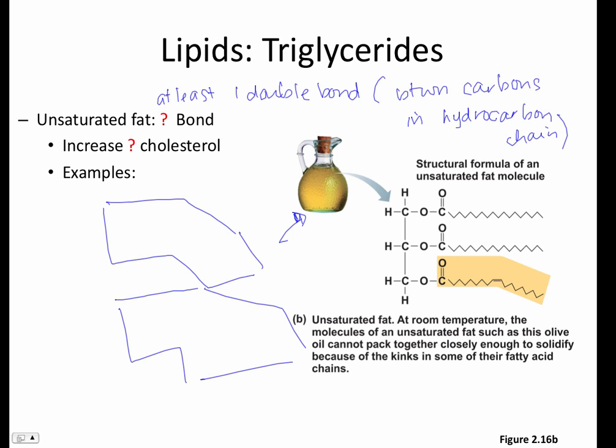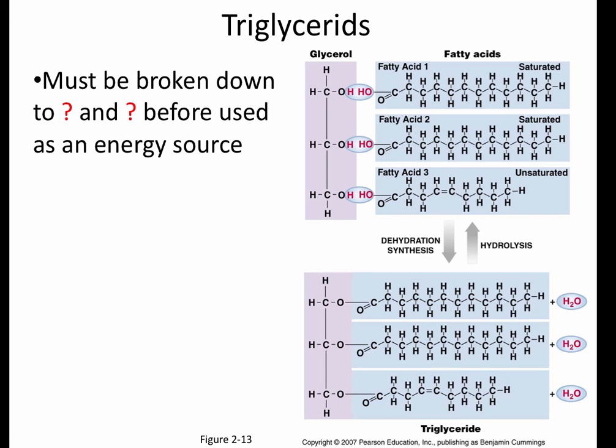And these increase good cholesterol. A couple of examples, we have avocado and olive oil. Triglycerides, for us to use these, what needs to be done? We need to break down this triglyceride into its precursor form. We got to break them down into both our glycerol and into fatty acids